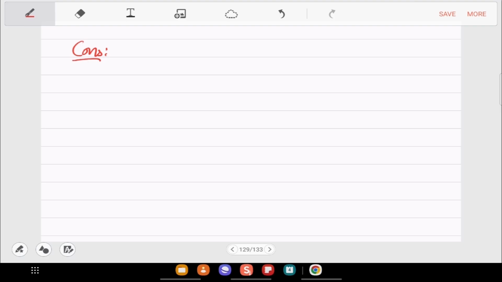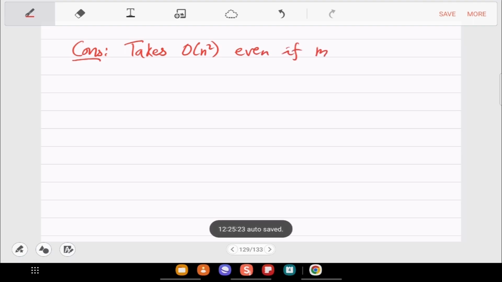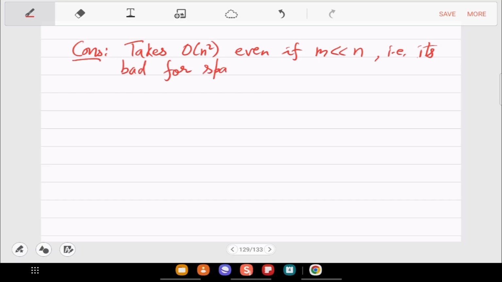So it takes order n square even if m is much less than n. That is, it's very bad for sparse graphs. And in practice, usually graphs are sparse.